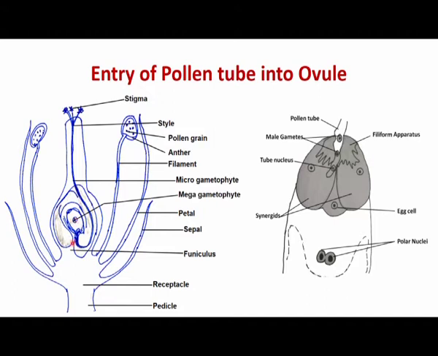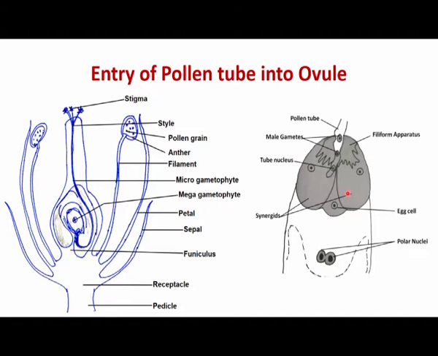As we had discussed in the previous class itself, the embryo sac consists of different types of cells. It contains three antipodal cells, one secondary nucleus which is present in the center, and the two synergids and an egg. Two synergids and the egg actually constitute the egg apparatus which is present on the micropylar end of the embryo sac. The synergids actively take part in guiding the growth of the pollen tube.